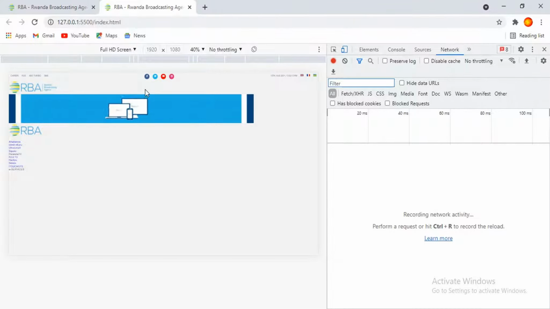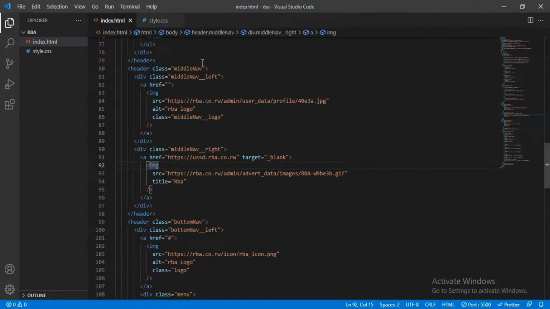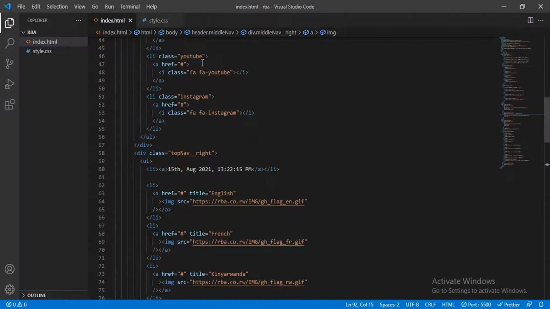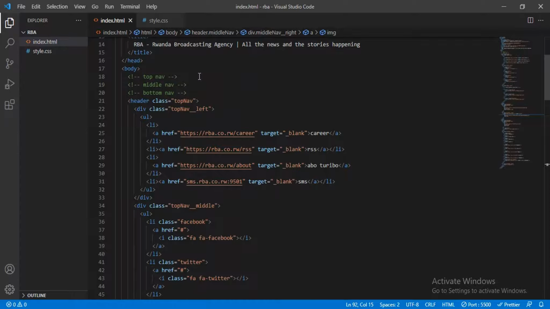Okay, so ahangaha niho tugiye ku implementinga icyitwa container. Nituza no muri Visual Studio Code, on top nav, we're gonna creating a class yitwa large container. Okay, and styling a large container,